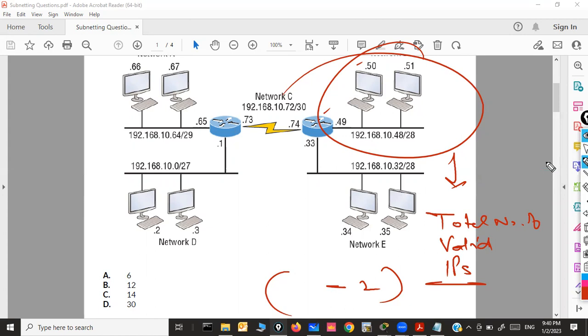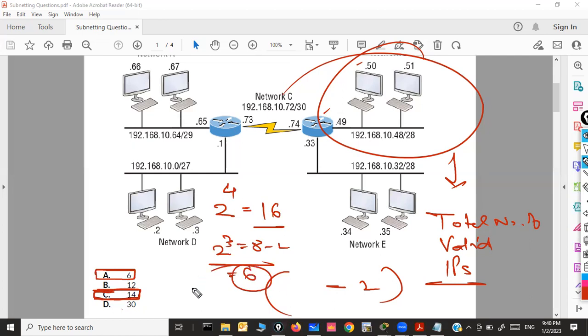I would say 14. You'd say 14, meaning answer C. Okay, let Vahe also finish his computation. I will say 6, because the remaining host bits are 4, and then 2 raised to the power 4. Yes, so 2 raised to the power of 3, which is 8, and then minus 2, which is 6. Okay, and that's why you calculated 6.